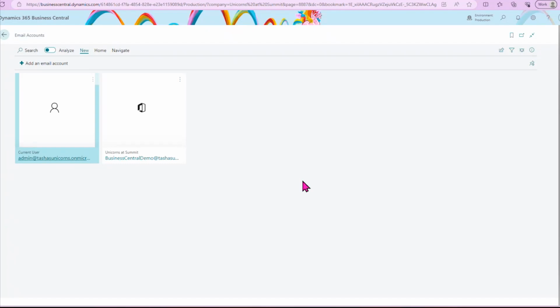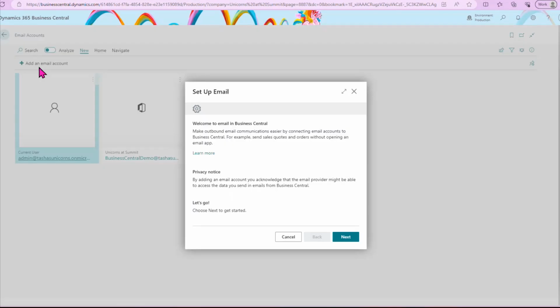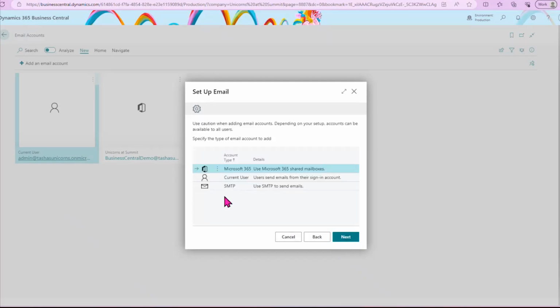As you can see here, I have two different accounts. I have my current user account, and then we also have another account that's kind of shared for everybody in the organization. If you want to add a new account, when you walk through, you say set up email, and this again is a wizard that walks you through. So different account types, you can use Microsoft 365 shared mailboxes. So if this is something you want to send from